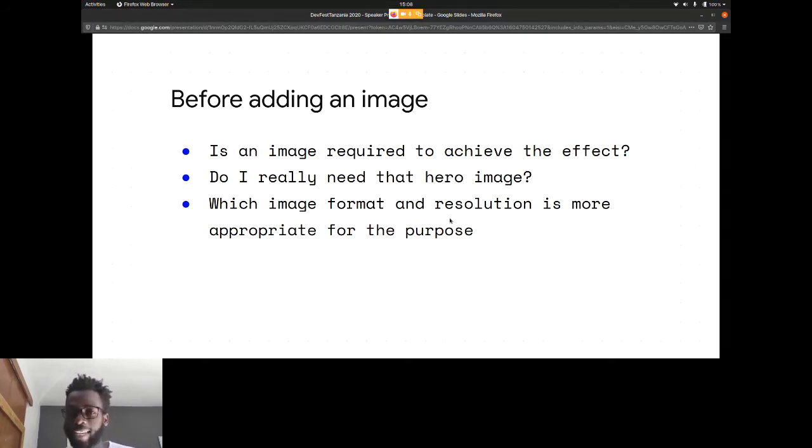So generally, I think there's not actually a need to add an image. There's other ways we can achieve this effect, but as developers, this became a habit of just putting an image on everything, because most people say an image is worth a thousand words, but something that we don't really pay attention to is